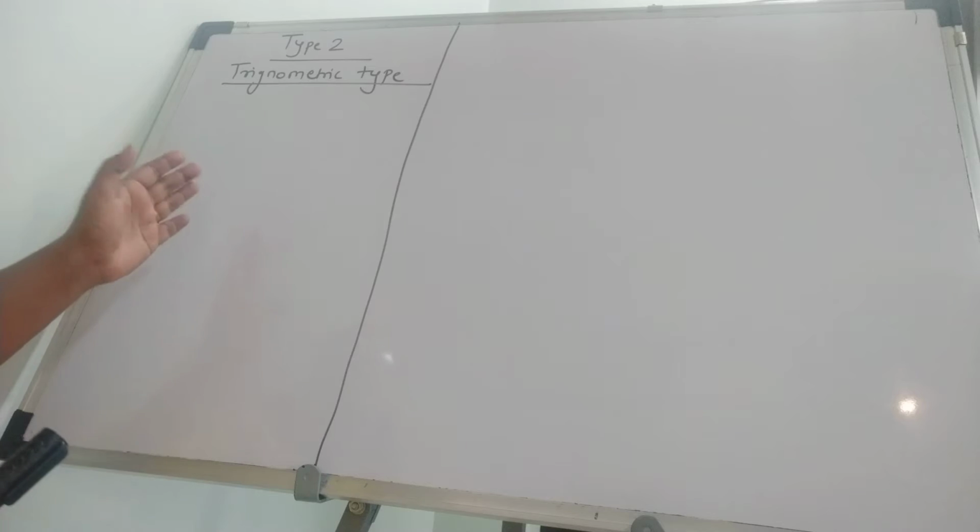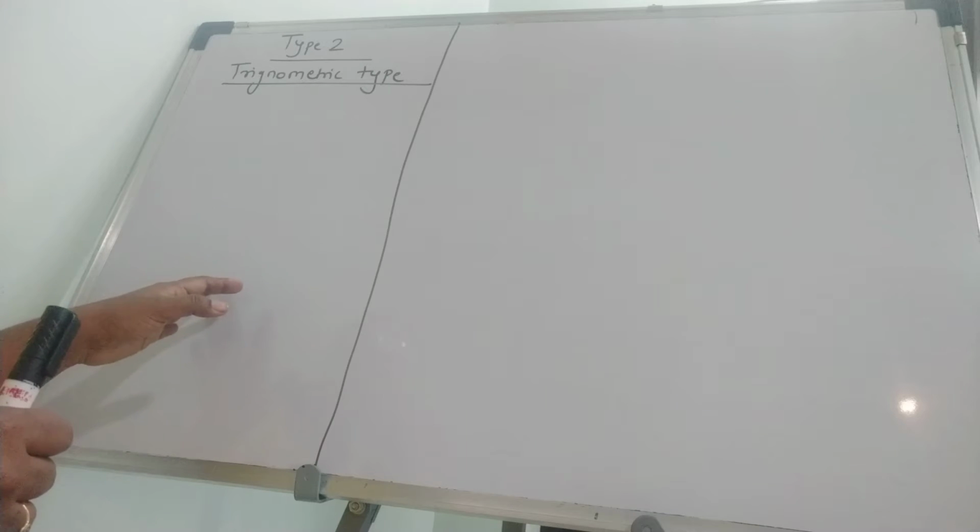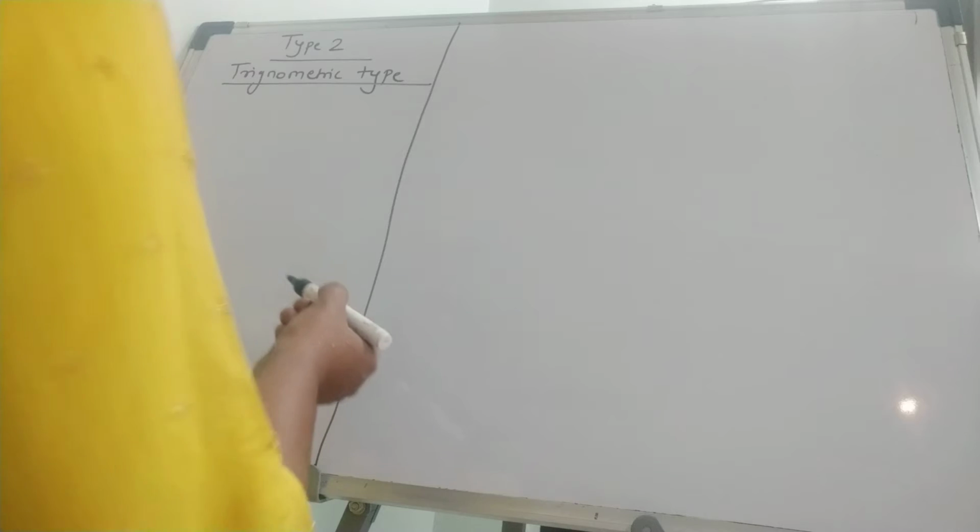We'll start with type number 2. Type number 2 is trigonometric type. Now in trigonometric type, you should know all trigonometric formulas. So this is again a type from 11th standard. Okay. So we'll start with a few